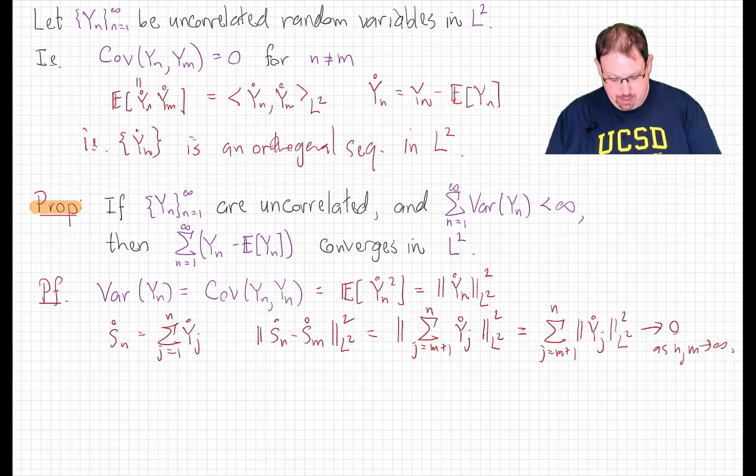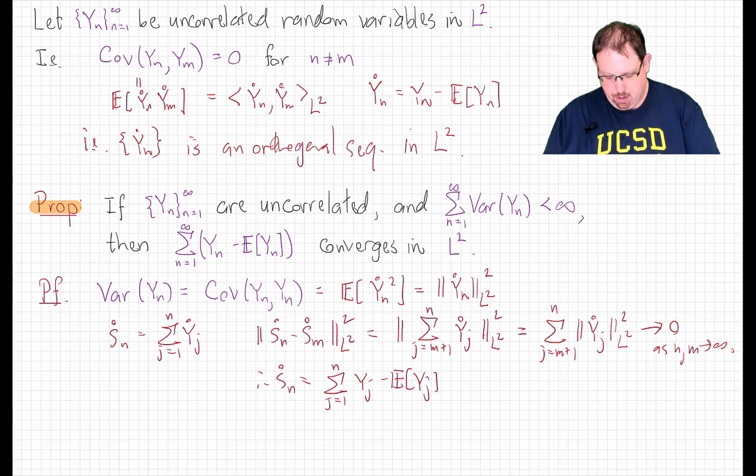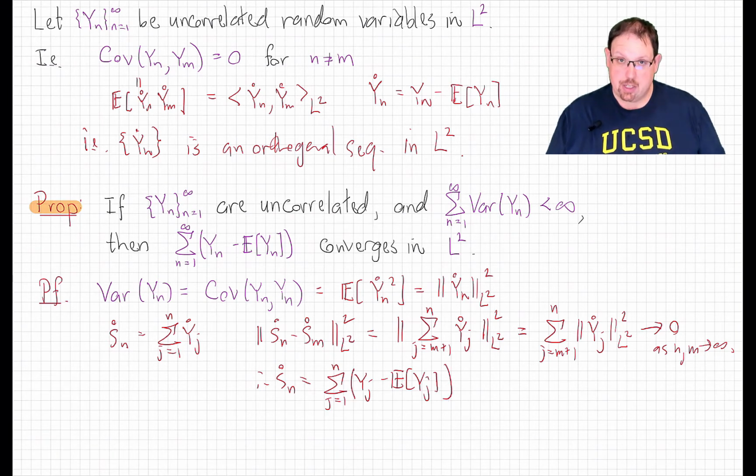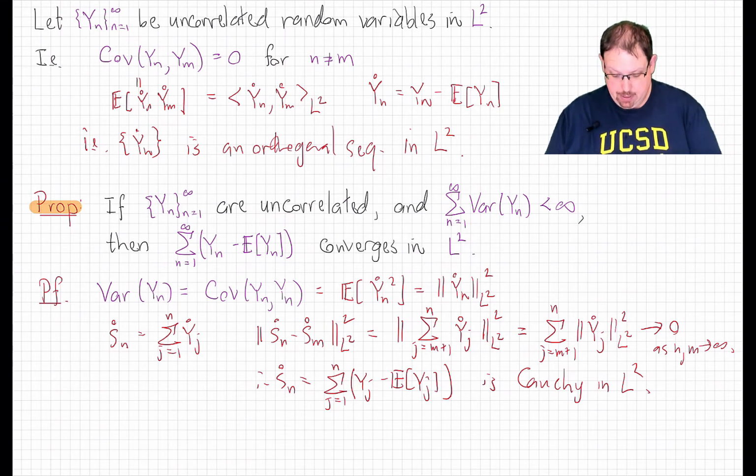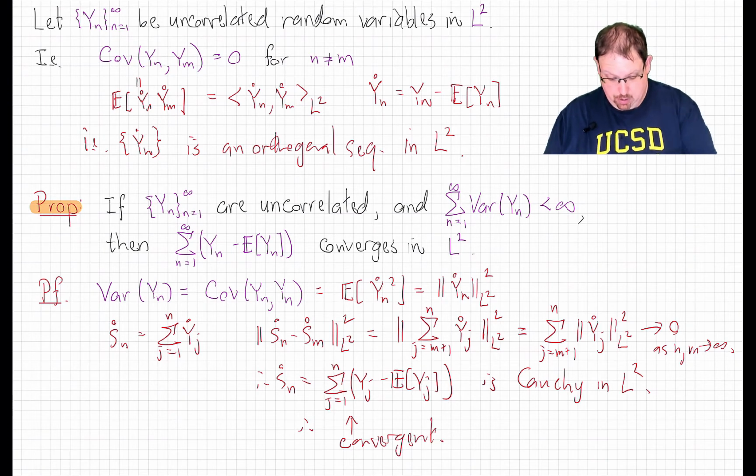So that shows that Sn circle, which is the sum j going from 1 up to n of yj circle, which is yj minus the expected value of yj, is a Cauchy sequence. As we proved, L2 is complete, and therefore this is a convergent sequence, which is exactly the conclusion of the